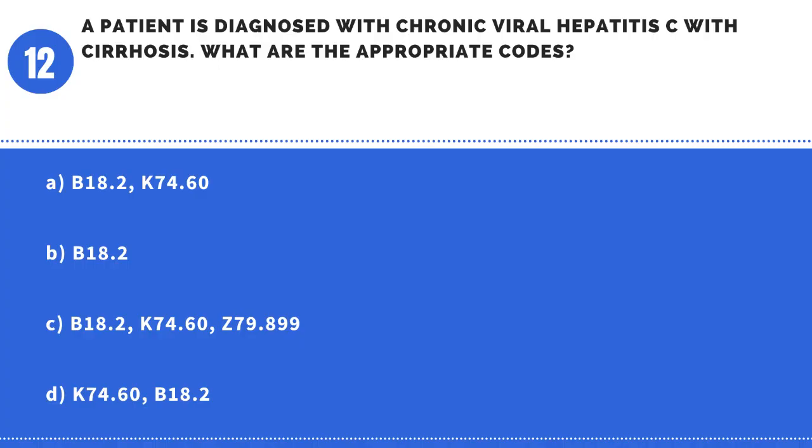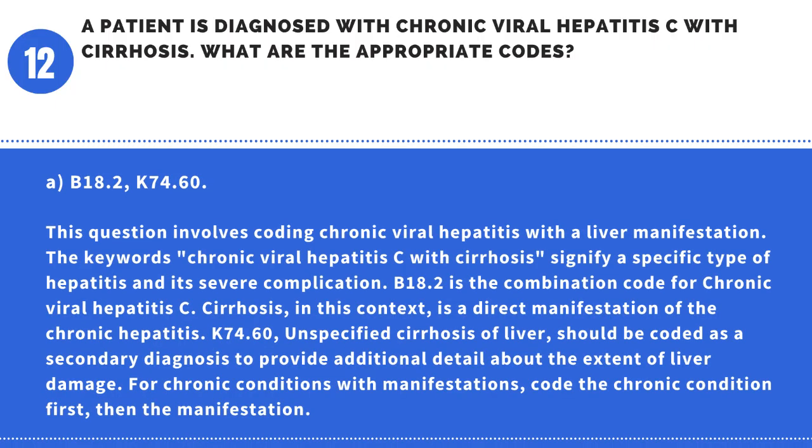Question 12. A patient is diagnosed with chronic viral hepatitis C with cirrhosis. What are the appropriate codes? A. B18.2, K74.60. B. B18.2. C. B18.2, K74.60, Z79.899. D. K74.60, B18.2. Answer A. B18.2,